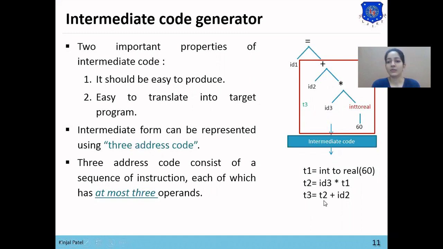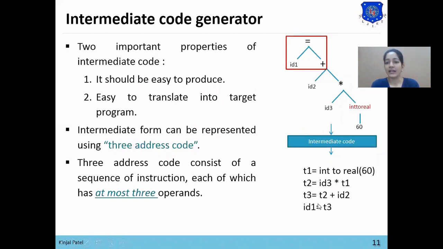Now we want to assign ID1 to this whole expression, and this whole expression is stored into T3. So now we'll assign the value of T3 to ID1. So the last expression is ID1 equals T3. So our result has been stored into ID1. So this is the three address code which intermediate code generation has generated.